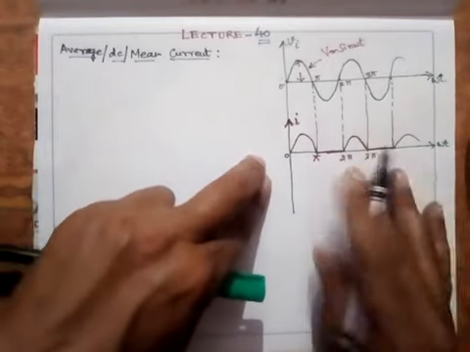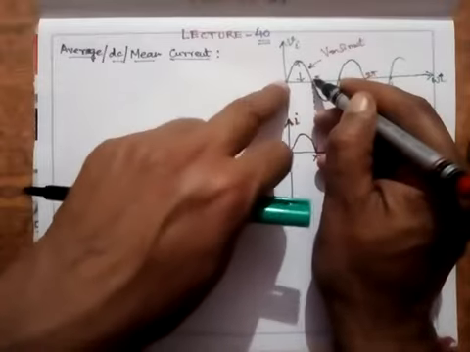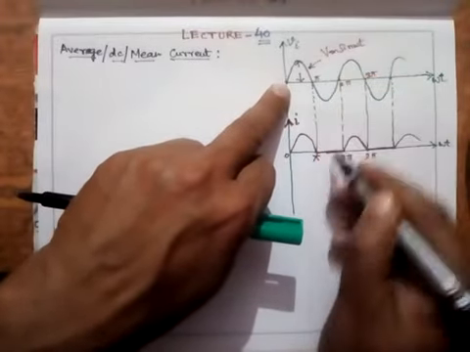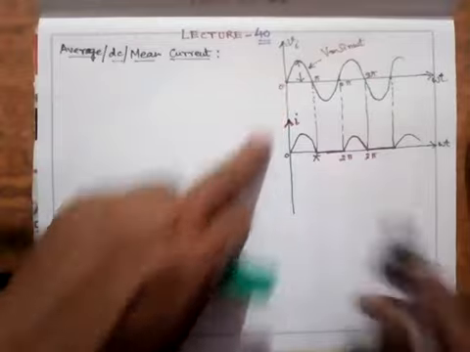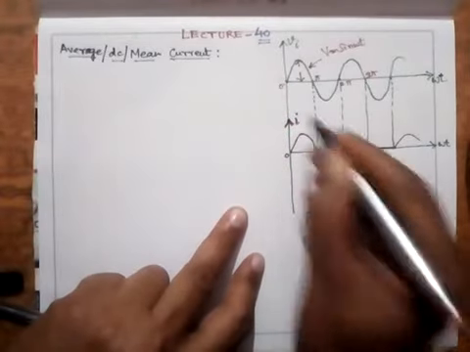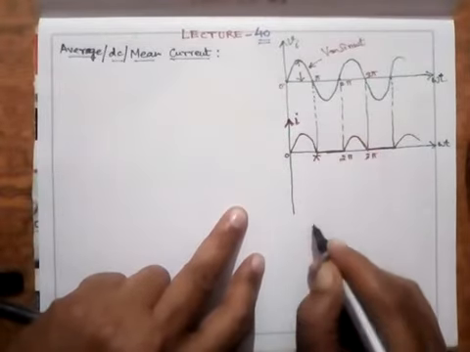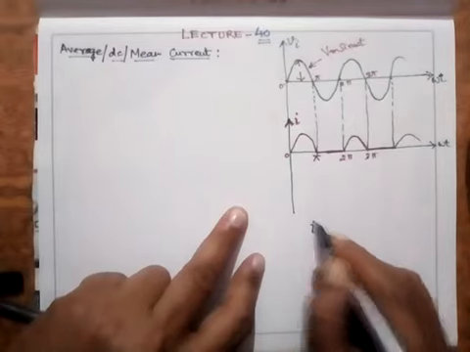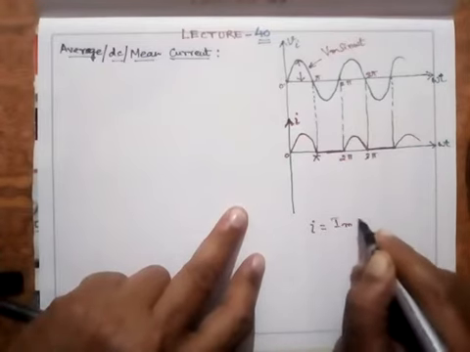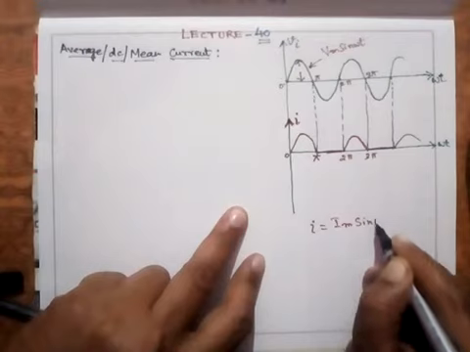Working, I told you how, during this cycle, the diode acts as a closed switch, forward biased. Here it is reverse biased, acting as an open switch, and the current is 0. So here I can say that the output current across the load, this I which I obtained from here, is equal to Im sin omega t.